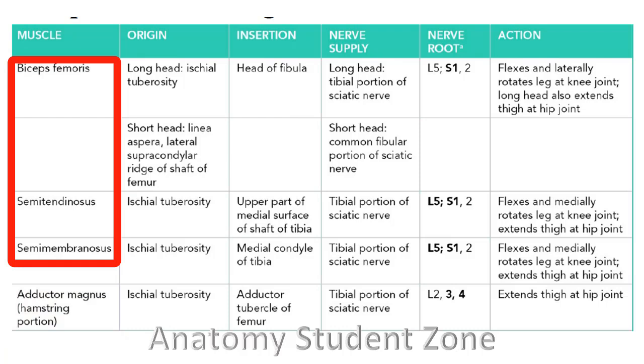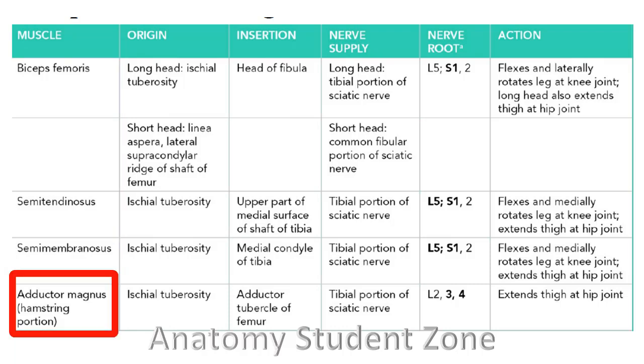I have already covered the adductor magnus hamstring part in detail in the adductor or medial compartment, so I will not cover it right now. So why have some books mentioned it in the posterior compartment? The reason was also explained already: because it's a composite muscle and it lies between the medial and the posterior compartment. That's why it's supplied by the nerves of the medial and the posterior compartment. Hence, its hamstring part is also included by some books in the posterior compartment, as mentioned in your reference book.